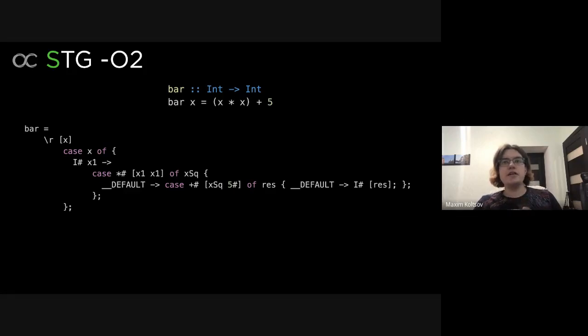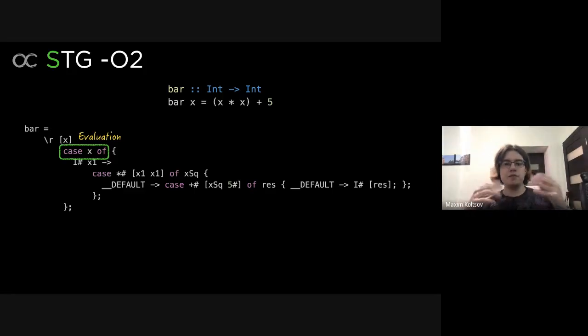And here we see case statements. And in STG semantics, a case statement is an evaluation. So the previous function just allocated some closures and returned a reference to these closures. But this version